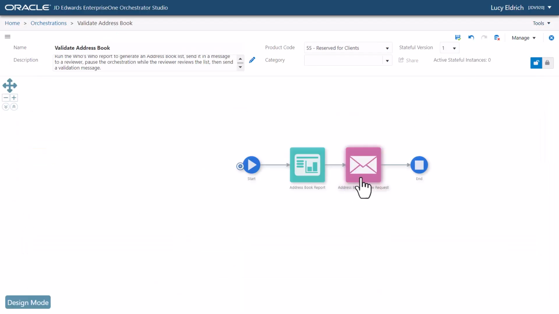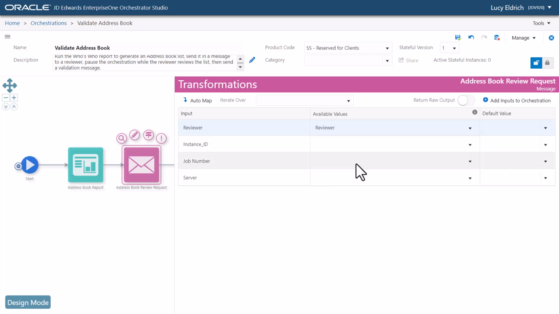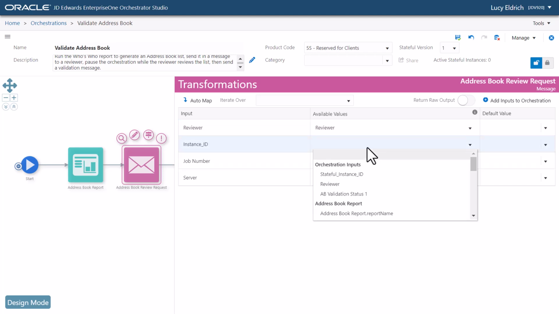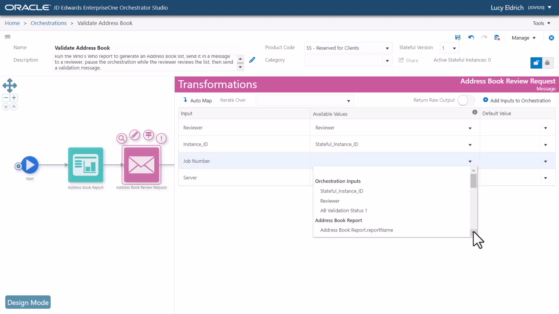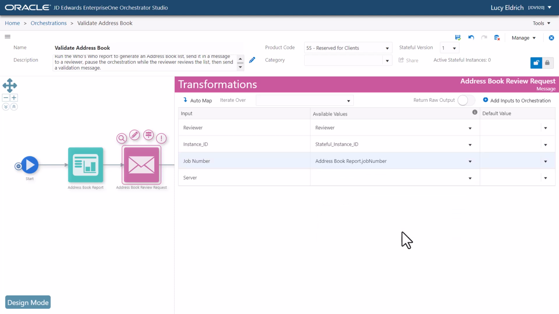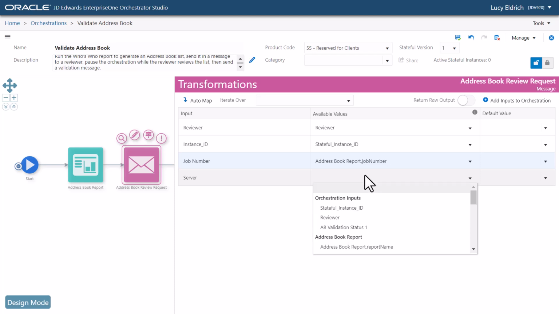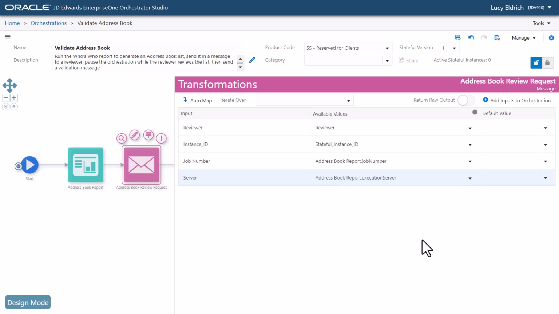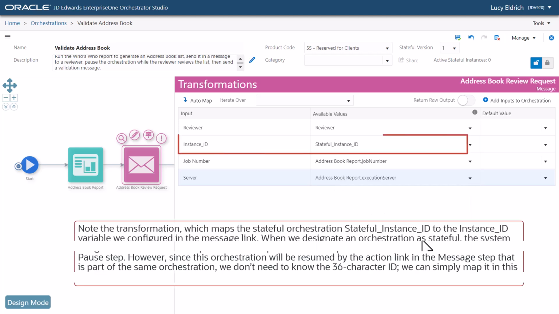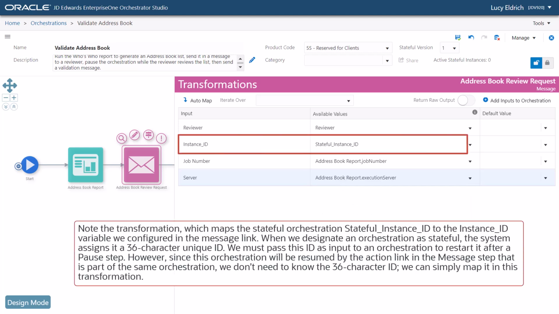Now we will map the available inputs to values in the transformations window. Note that the transformation maps the stateful orchestration Stateful Instance ID to the instance ID variable we configured in the message link.